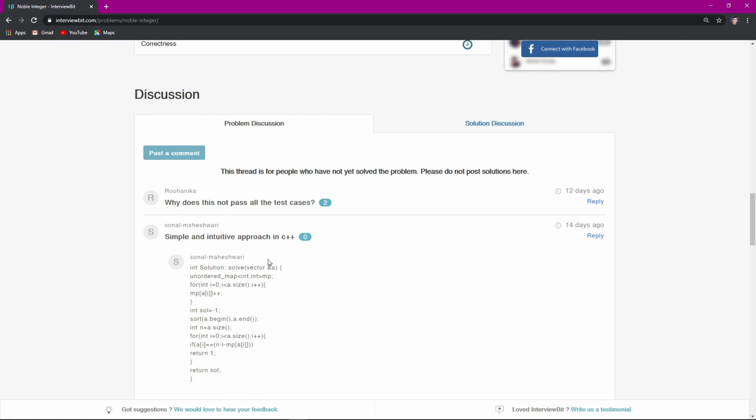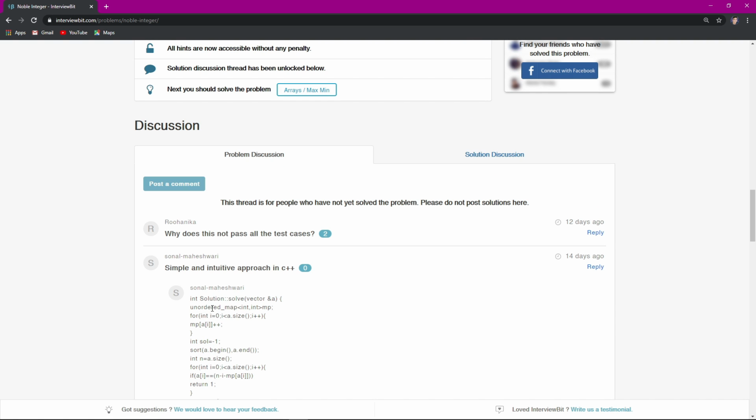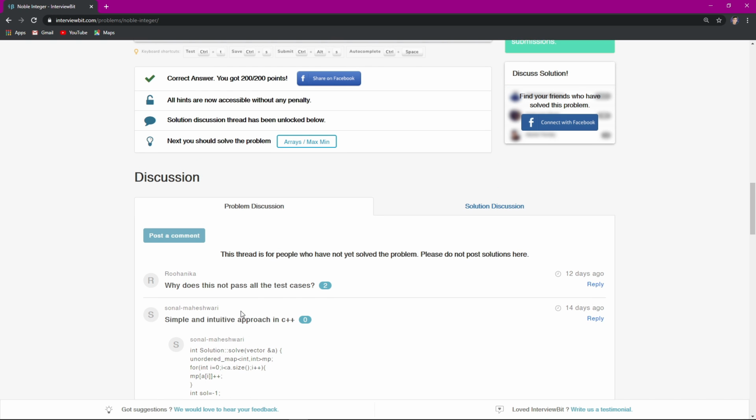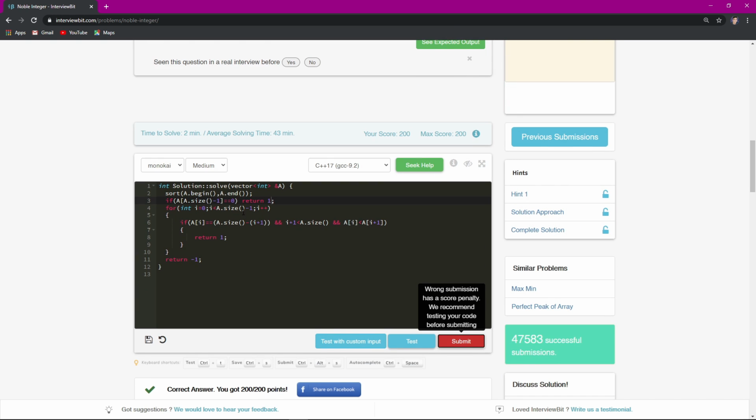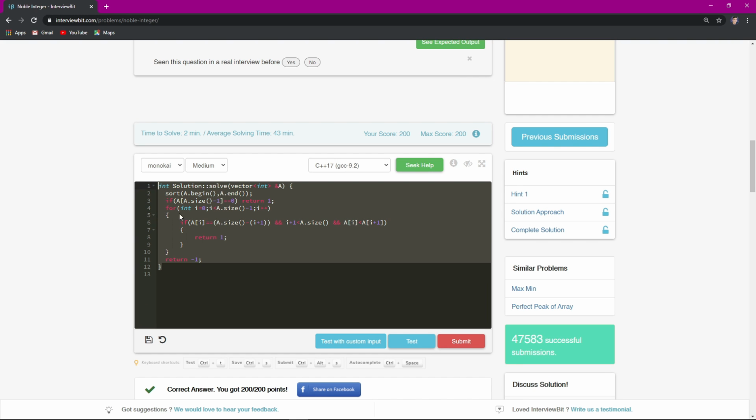Over here you can also see that you can solve this thing using a map. You can use an unordered map as well. You just have to maintain the counts of the numbers that have arrived, and then you can simply add them up and check. But this was the best approach that I found, and I shared it with you guys.